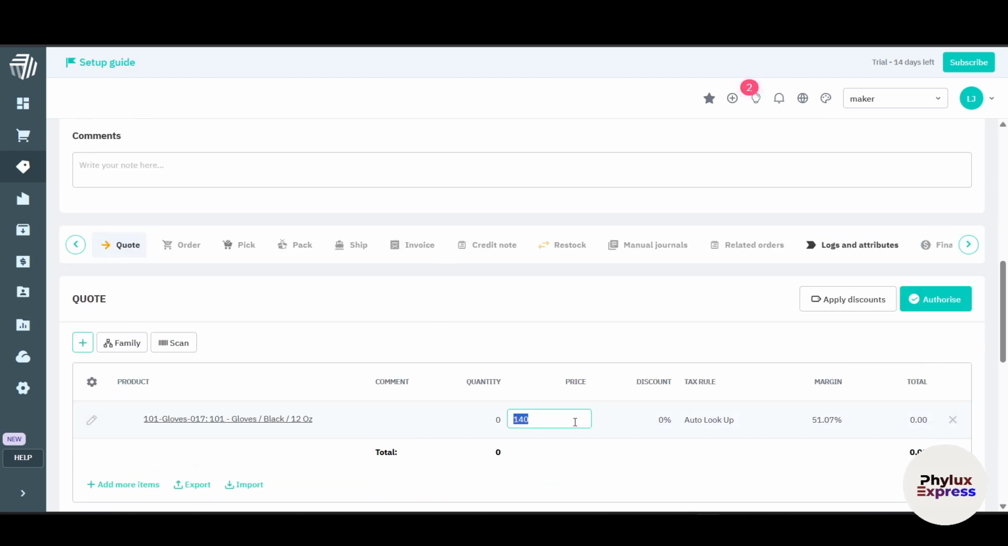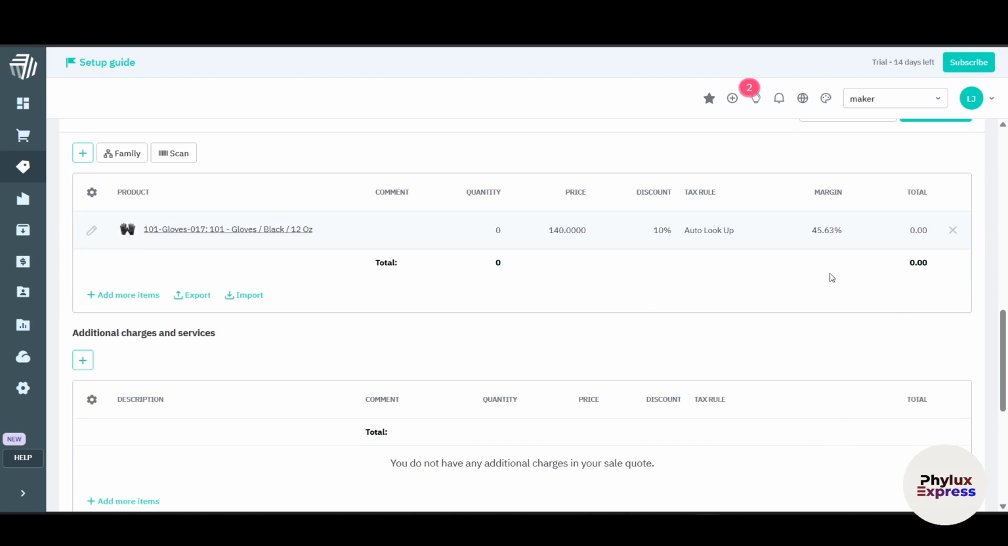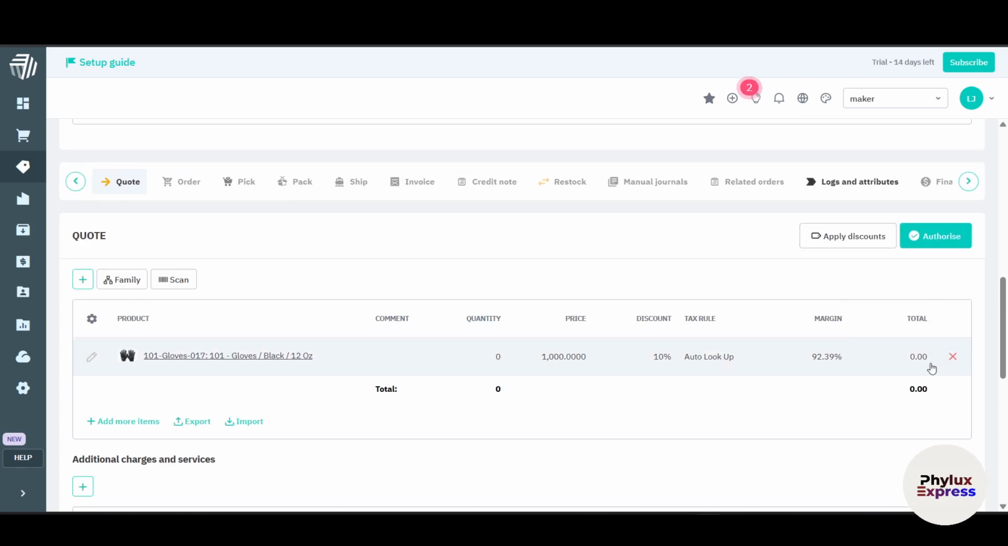Let's say the price of total is this one, and the discount we have given is 10%, and then the margin is 45.63. Then let's say if I go with this, total amount, I'm not able to see the total amount over here, but yeah,